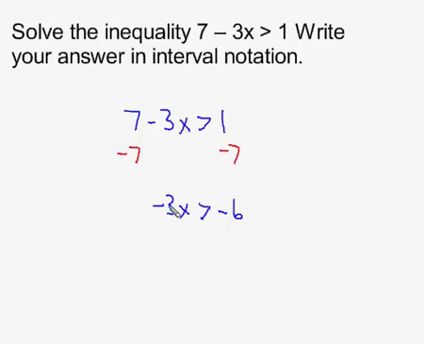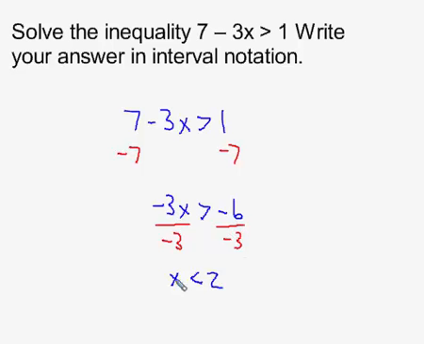Because the negative 3 is being multiplied by the x, the inverse of this would be to divide both sides by the negative 3. Negative 3 divided by negative 3 is 1, so you're left with 1 times x on the left-hand side, which you can just write x. Remember that whenever you multiply or divide by a negative with an inequality, you need to switch the symbol. On the right-hand side, a negative divided by a negative is a positive, and 6 divided by 3 is 2,